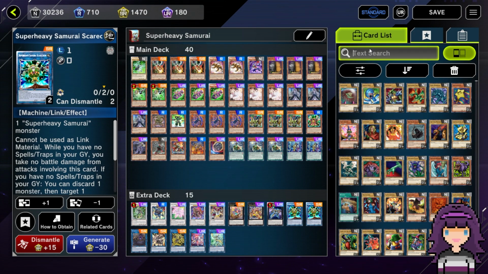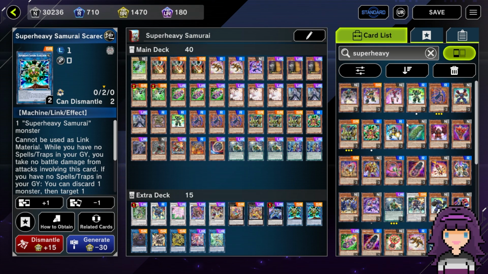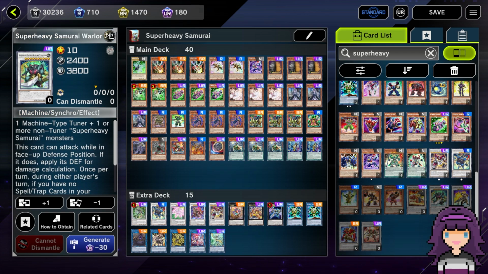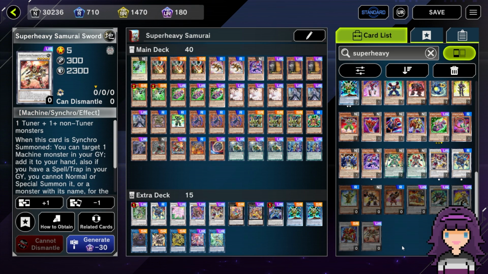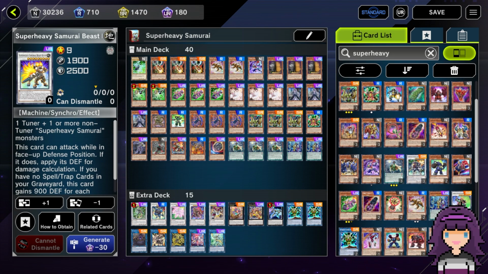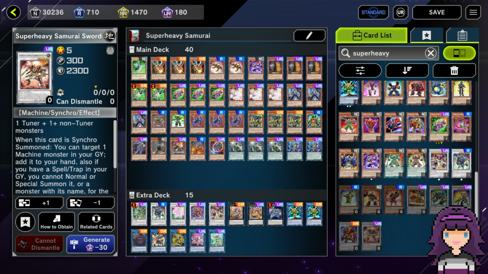But as far as the other older Super Heavy Samurai support goes, because this is a question I've been asked already, and it's definitely a question worth asking. Do you need any of the older URs for this deck? And the answer is no. You don't need any of the URs that have come out previously. Like, none of these, frankly, situational synchro monsters. Also, the new level 5